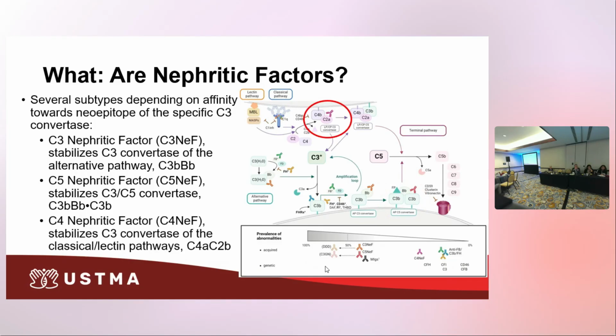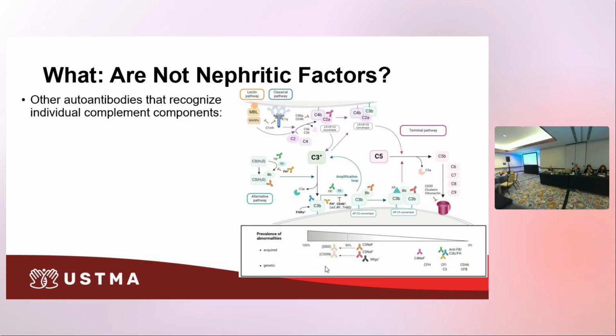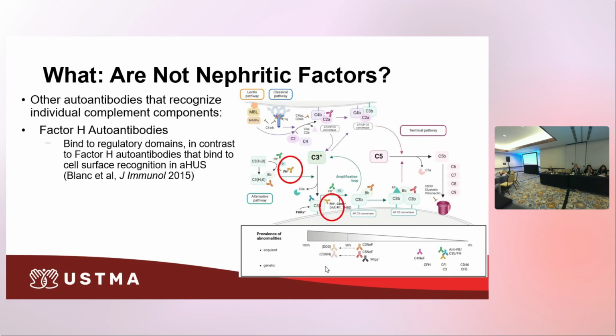And C4 nephritic factor stabilizes the C3 convertase of the classical or lectin pathway, C4a, C2b. So what are not nephritic factors? There are other autoantibodies that recognize individual complement components, and this includes factor H autoantibodies. It's an interesting paradox that you can find factor H autoantibodies both in C3G as well as atypical hemolytic uremic